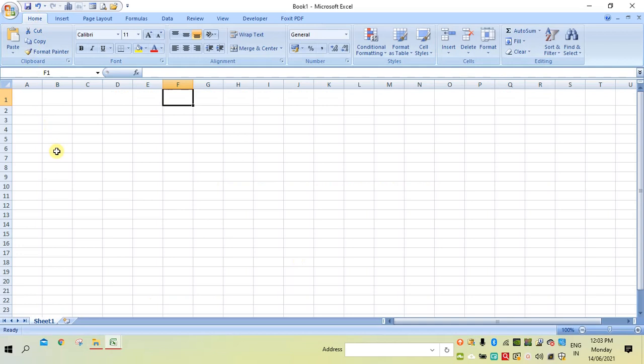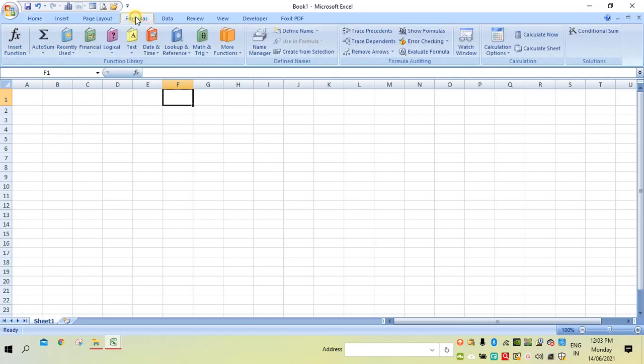The functions are categorized into different types, and those are listed in the formula tab. Here the functions are differentiated: financial functions, logical functions, text, date and time, and so on.